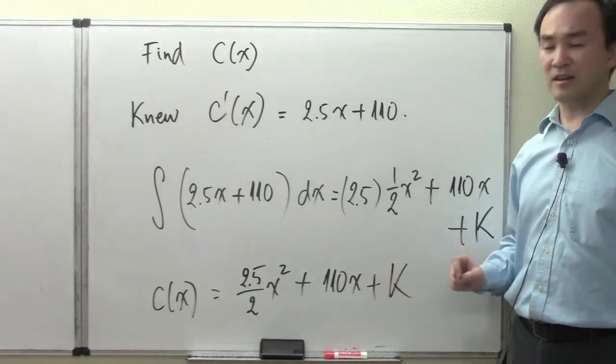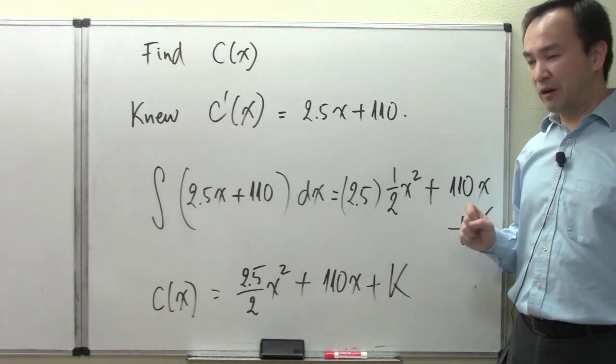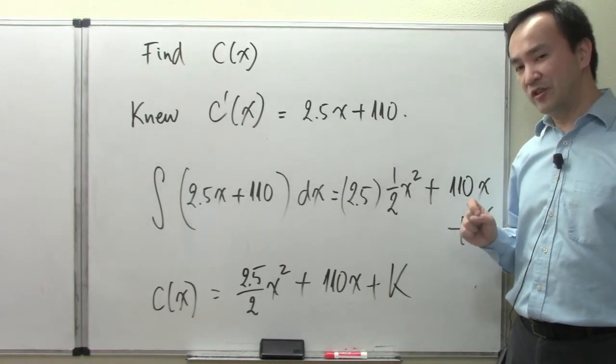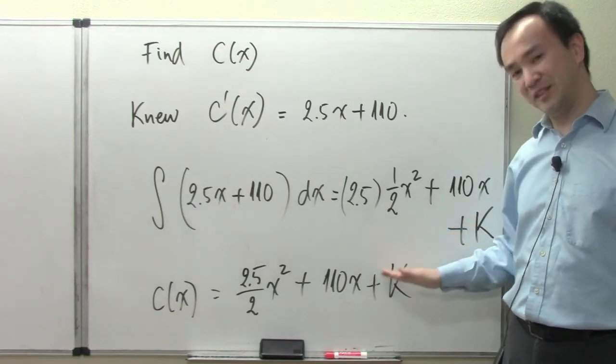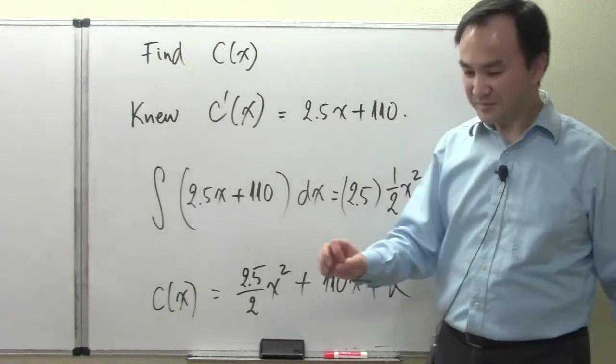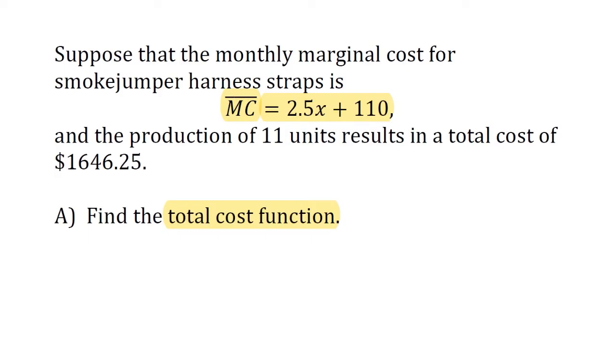Okay, so in other words, if you have viewed my video lecture a little more carefully, I introduced the kind of problem that is the so-called initial value problem. This is one of them. And so here's how I can look for the information. Really, when it says find the total cost function, we know another piece of information right here. The production of 11 units results in a total cost of